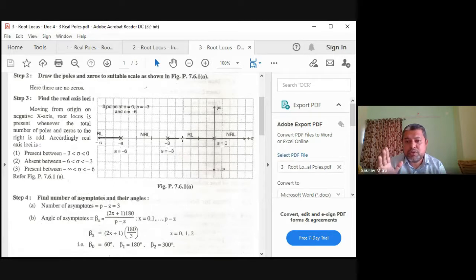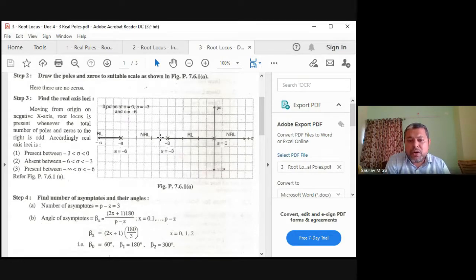That is one pole, no 0. So in this system there is no 0. That means this whole thing, starting from s is equal to 0 up to s is equal to minus 3, this whole thing will be a root locus. That means whenever the roots will be moving for incremental value of k, they will be crossing this path. So 0 to minus 3 is a part of root locus. So that means real root locus will exist between 0 to minus 3.